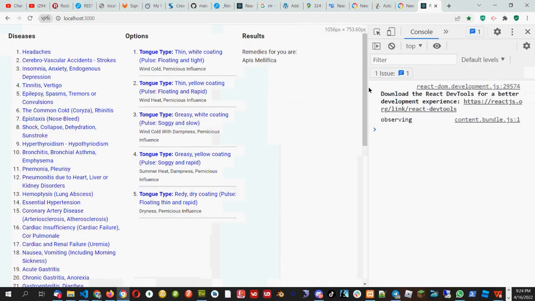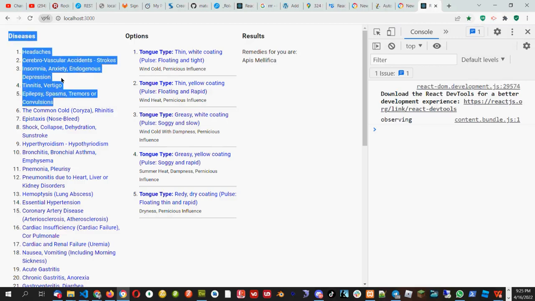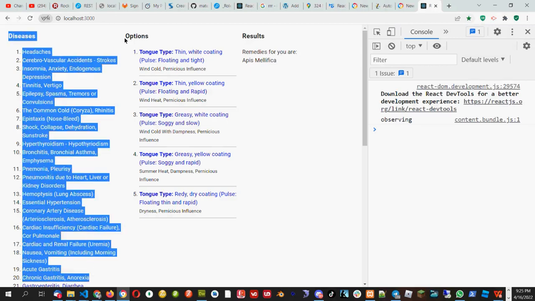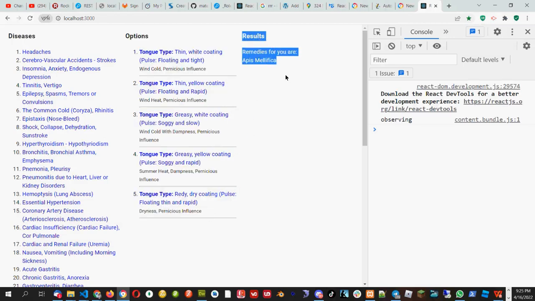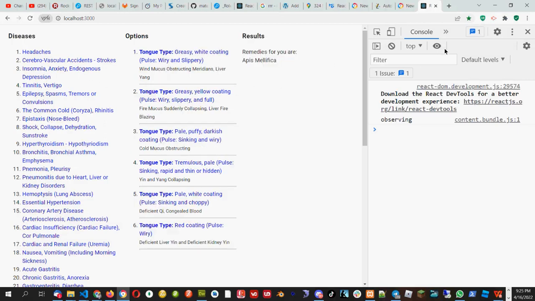So rather than putting all three on one page, we will make step 1, step 2, step 3. If the user is in step 1, we will show this disease part. If the user is on step 2, we will show this option part. If the user is on step 3, we will show this result part. But before that also, if you see, when I click this one,